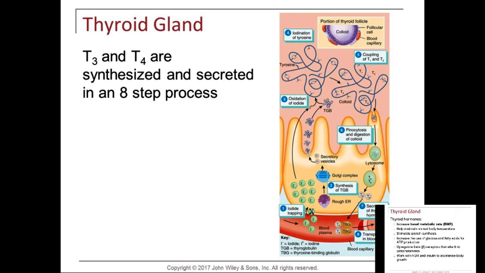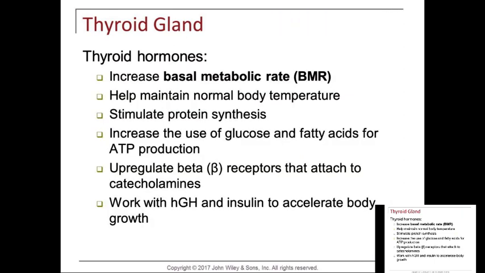Thyroid hormones are going to increase your BMR, your basal metabolic rate. It helps to maintain normal body temperature. So people with thyroid issues are either too hot or they're too cold. It's involved in stimulating protein synthesis. It increases the use of glucose and fatty acids for energy, for ATP production. It upregulates the beta receptors that attach to catecholamines, and it works with human growth hormone and insulin to accelerate